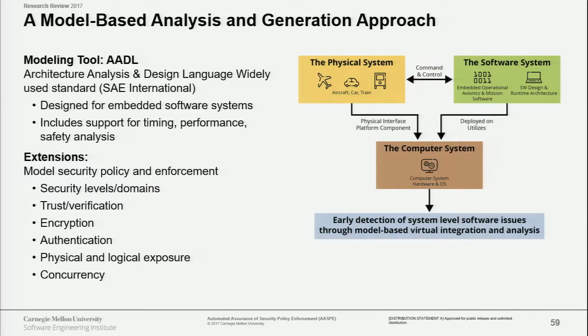So the extensions that we made in this project are numerous. Some of them are things like the security levels and domains that you may be familiar with, where you can say this is a high security part of your system or this is a low security part. You can specify that connections are encrypted, that various connections require authentication. You can also specify things like physical and logical exposure. So if you say, this part of my system unfortunately has to be used by users with no authentication or low authentication, so we expect there to be a lot of attacks coming from this, you can specify that